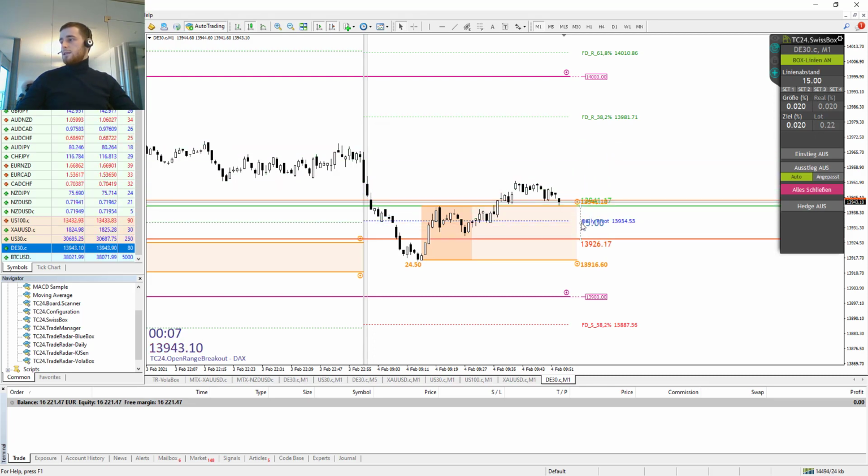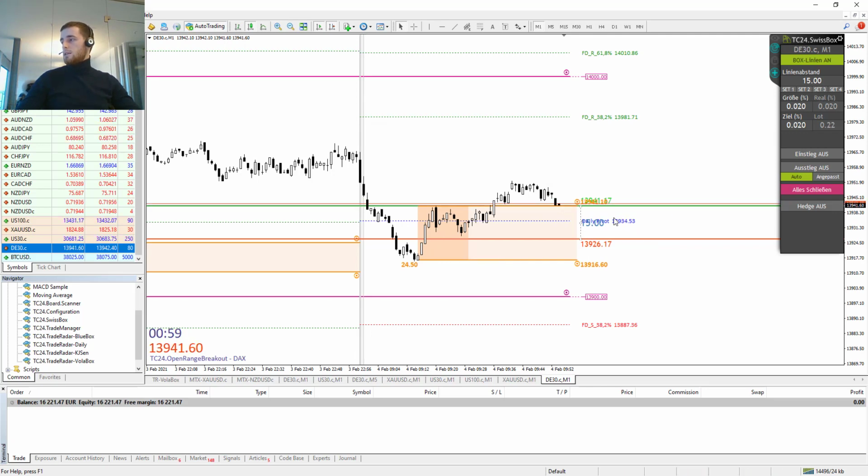And what I'm going to do here is place my SwissBox just on the open range. As I've got a 15-point range, I'm going to keep our buy stop line, this green line, on the top of our box, and we have the daily pivot just underneath. So once we're happy with where we've placed our box in the chart, we can click entry on,